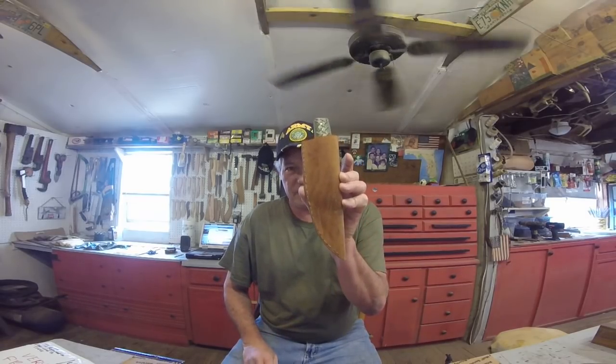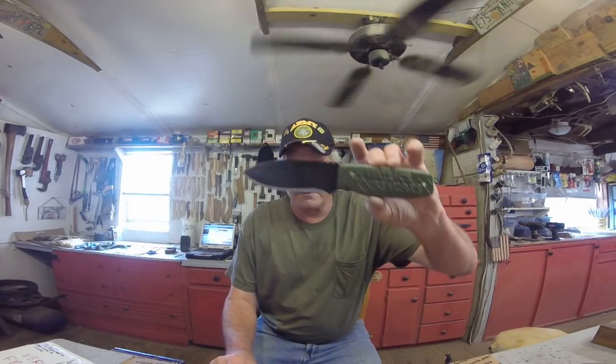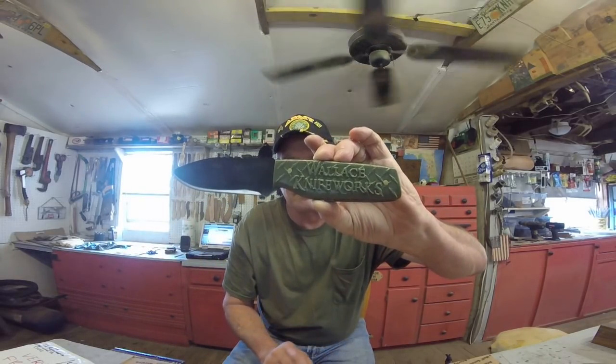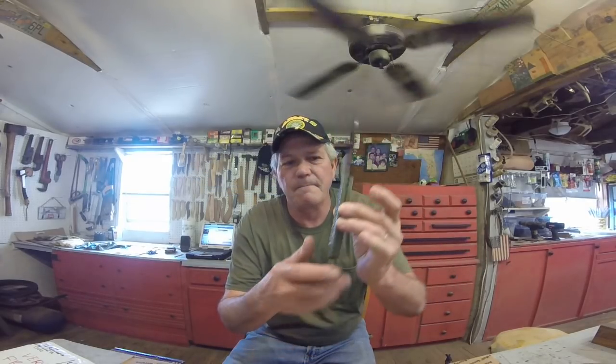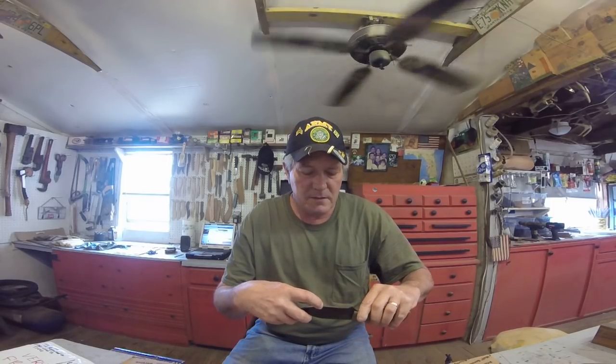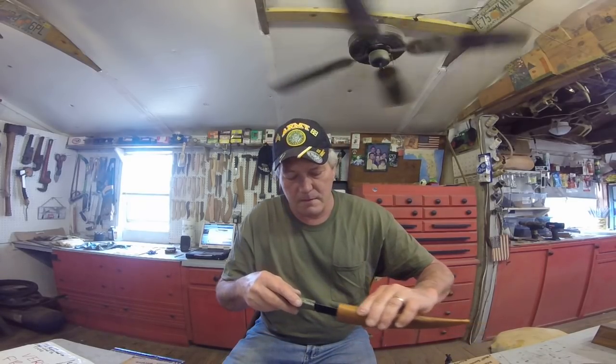Alright, let's see. Let's get started with these. I don't remember everybody's name, but I got them all down in the house. Here is a bait knife. Alright, this is a signature series. Got my signature on it. It's got a Wallace Knife Works logo handle. Right there. That's coming out to you. I just got through final sharpening all these this morning. There you go. Set those over